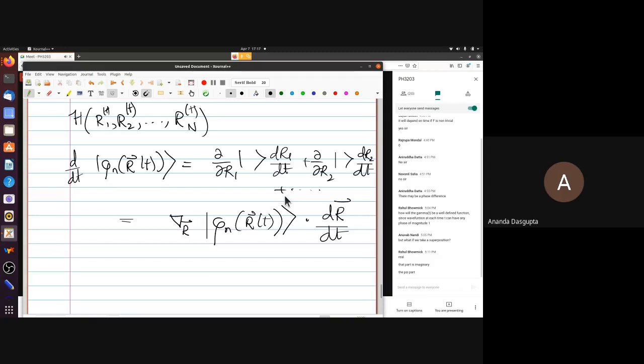Okay. So, just by borrowing that notation, what we can write is d/dt of phi n R t is simply this, and hence our gamma n formula. The gamma n is the Berry phase acquired by the nth eigenlevel as time goes by, and that turns out to be simply minus i integral from t0 to t